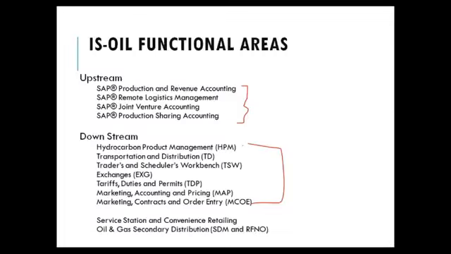Transportation and distribution, as we have just discussed in the previous slide: primary transportation and secondary transportation. The different vehicles and configurations, all of that is dealt with in transportation and distribution. Then the traders and schedulers workbench, TSW, is a scheduling and planning tool where we plan and schedule depending on the resources available: the transport system, vehicle, material available in the plant at a particular date and time, which vendor, which purchase contract, which sales contract. Verify all those things and create a nomination.